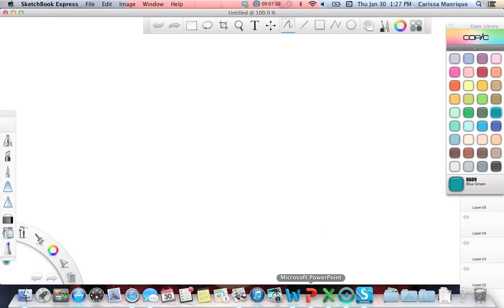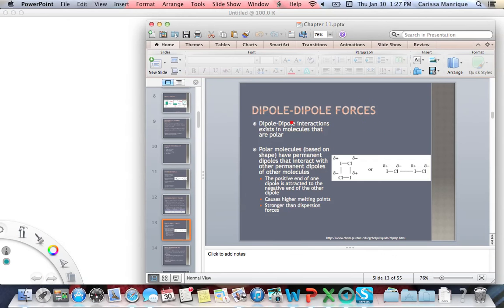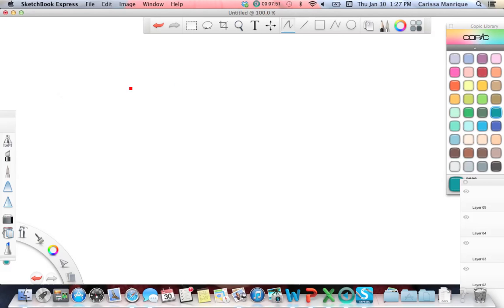Okay, let's look at another one. So those are dispersion. Let's look at dipole-dipole. This is the interaction of a partial positive end of one molecule to the partial positive or partial negative of one molecule. Okay, so let's look at this. First of all, you have to have a polar molecule, okay, and you have to have an electronegative atom in there. So if we look at, we have the example there is